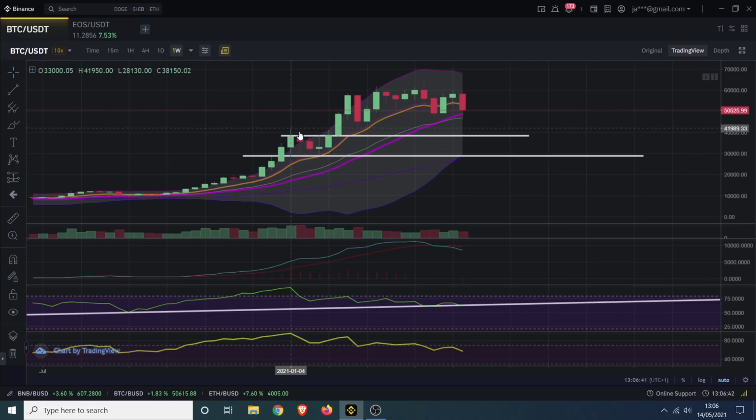Money was leaving Bitcoin, but it wasn't leaving to people's bank accounts. It was going into altcoins. The same thing is still going on at the moment. Altcoins, they're not struggling, they're still doing okay overall. I mean, we're still trading a lot of altcoins on this channel and with the Patreon guys and stuff like that, but it's not as easy, or it's not as continuous as it used to be.